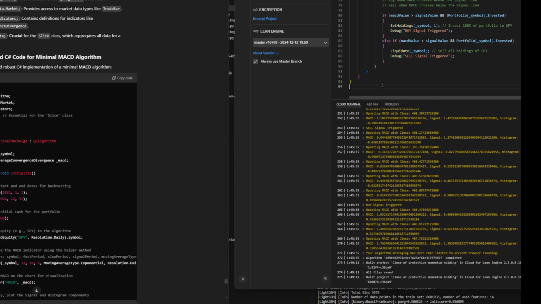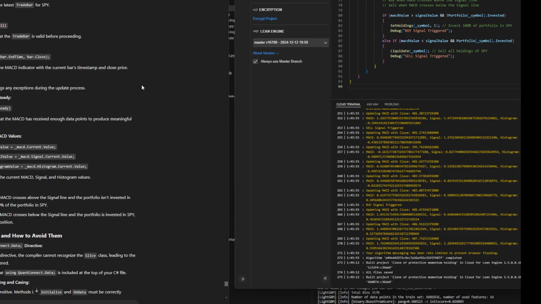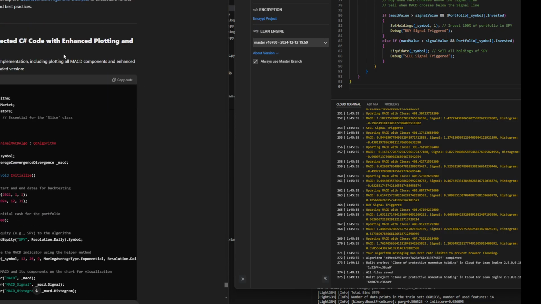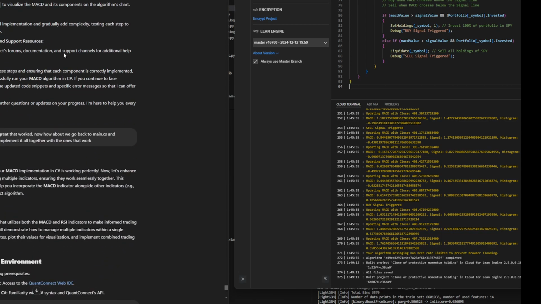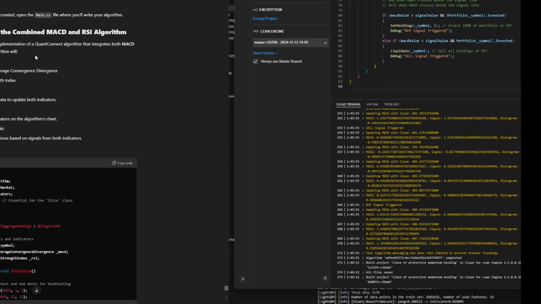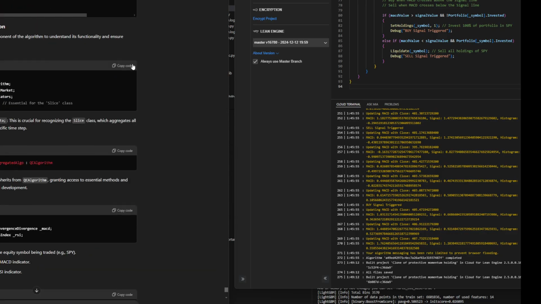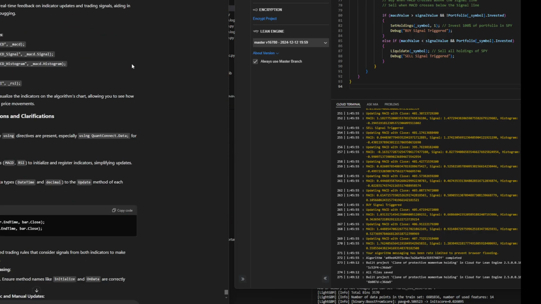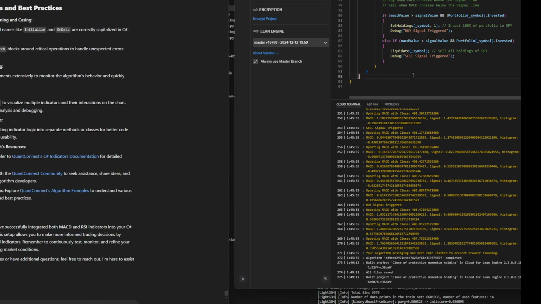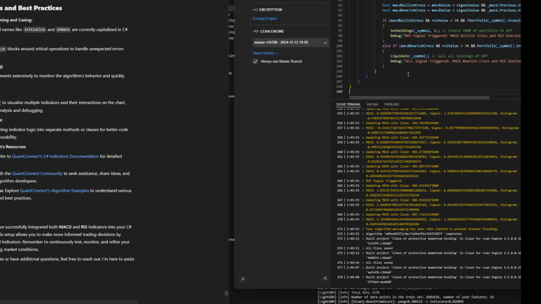I feel like that's the one we just did, and then I said that works. Did I not? Complete corrected code. Trading logic. Yeah, I said that worked. Oh, so here's a complete one here. Well, this is the one we need to put in. It doesn't seem like the one we were working on earlier. See, it forgot about the whole code we were working on earlier, I think. So I'm going to have to go up, copy it, and remind it what we were doing beforehand. Well, I'll just run this and see if it works.